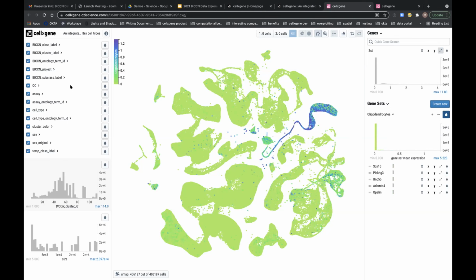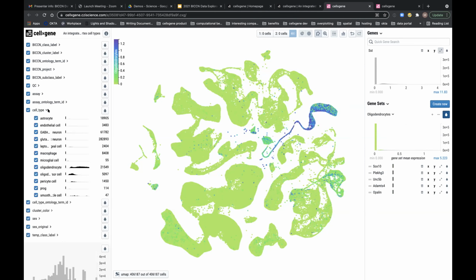And then the other thing I do want to highlight is that even at the gene set level, we can go ahead and check out the distribution of those gene set scores across any categorical metadata type. So for instance, I've just opened up cell type. These are the core cell type annotations. And we see that astrocytes are not there, endothelial cells not there. But lo and behold, we do see a good right-shifted distribution in the oligodendrocytes and the oligodendrocyte precursor cells.